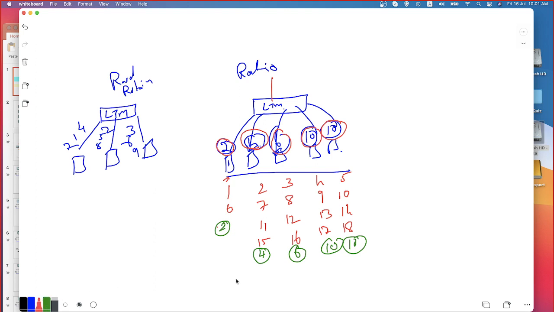The further connections like 17th, 18th, after 18th, 19th will come here. Okay, sorry. 19th will come here, 20th here, 21 here, then 22. In this we are completing 6 connections, and then 23 and 24, 25 and 26. Like this it will go. So once the 4th and 5th servers have received 10 connections, then the next connection will come to server number 1. Do you understand what I'm saying? Okay, so this is what we typically call a ratio. We will see this.